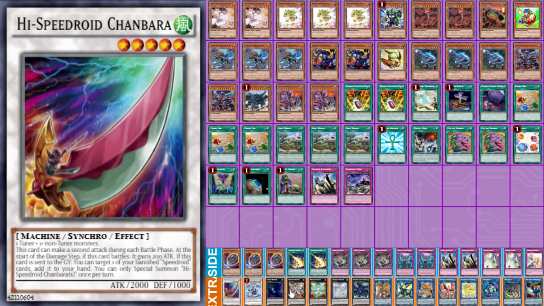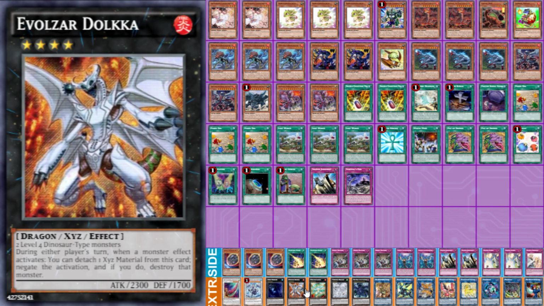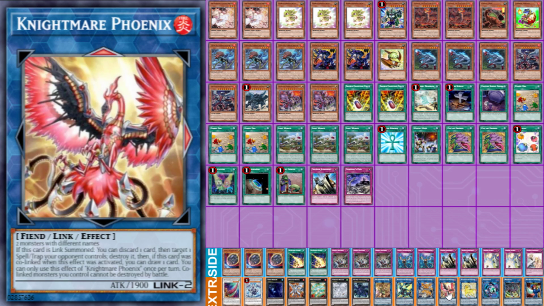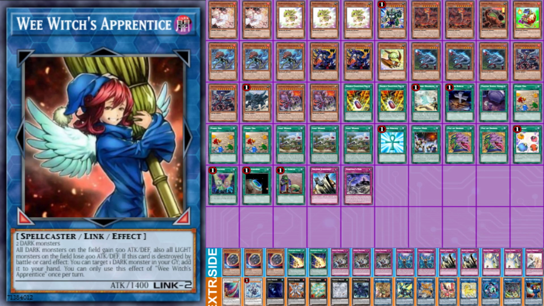Moving on to the extra deck, this I think should definitely be changed because of Extravagances. But we're going to go through it anyway, so... 1 Chambara, 1 Trishula, 1 Dweller, 1 Dolka, 1 Lagia, 1 Tornado Dragon, 1 Calamities, 1 Ausa, 1 Boral Sword, 1 Cerberus, 1 Phoenix, 1 Unicorn, 1 Link Haribo, 1 Pentastag, and 1 Wee Witch's Apprentice. So, honestly, this list isn't terrible, obviously. It's functional, which I think is a thing, but I just don't think it's optimal, so...